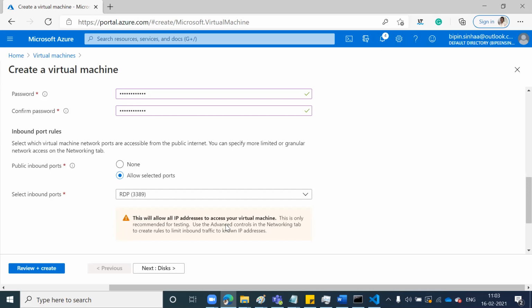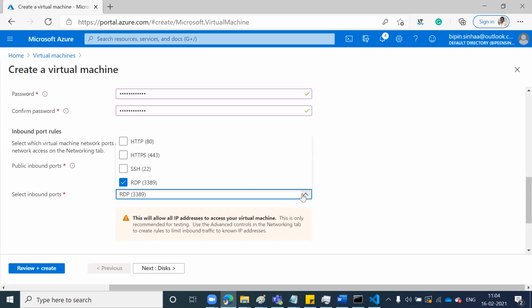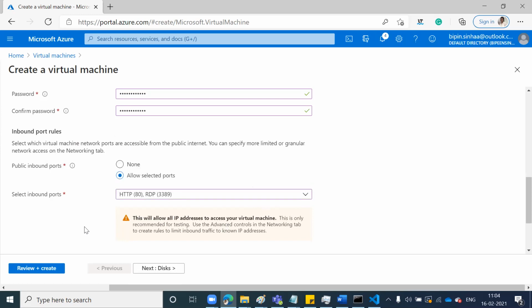So just drop down the protocol and select HTTP as well. So I'm saying please allow both traffic, HTTP plus RDP. Go ahead and say next.